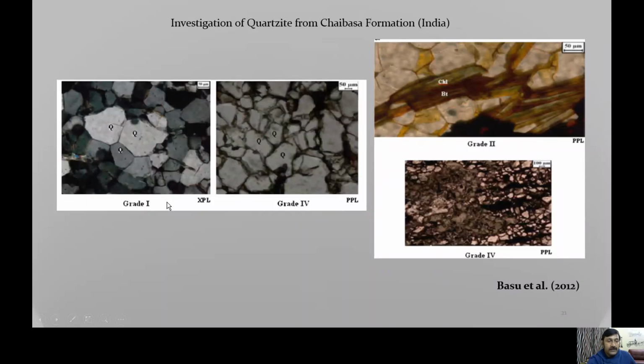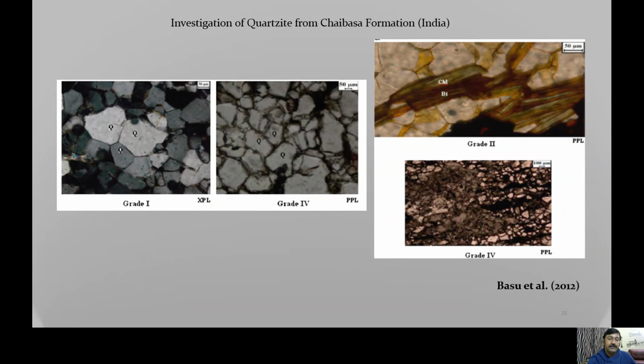Now, in terms of photomicrographs, as you can see, when it is grade 1, the quartz grain boundaries are quite intact, but in case of grade 4, it is very loose, and the fluidization of biotite is also there as the weathering intensifies. In case of grade 4, the discoloration, or the color that we observe in case of quartzitic rock, is absolutely remarkable, and it is very discriminating with reference to the other grades. So even the quartzitic materials were possible to be categorized in terms of weathering grades following